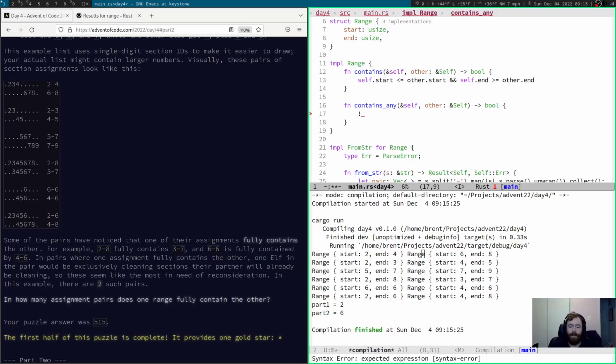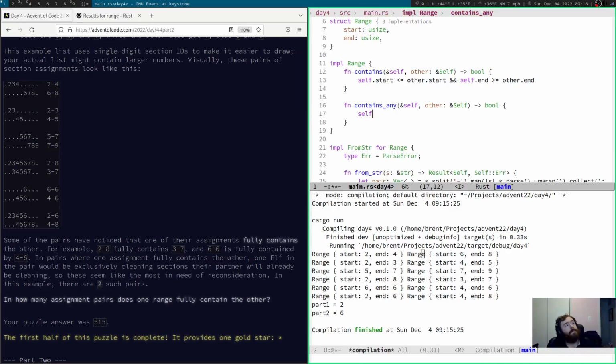So we know if our end is less than their start, then it's not contained. And same thing if our start is greater than their end, right? Let's say not, actually maybe we can just say